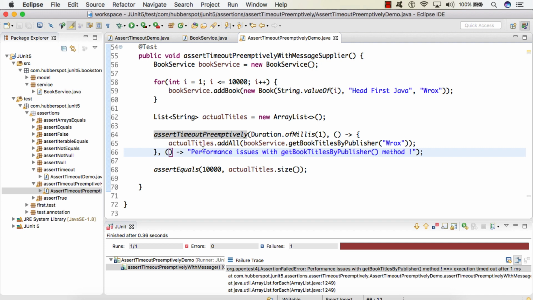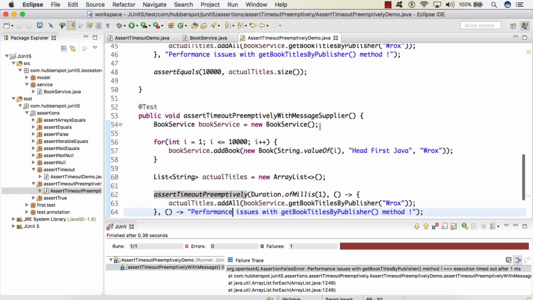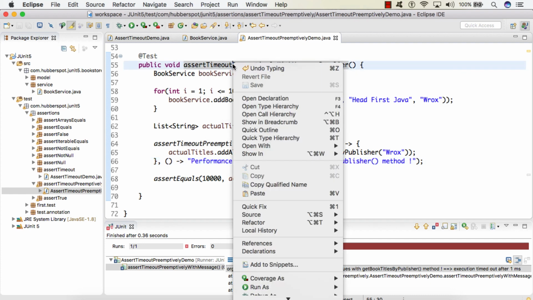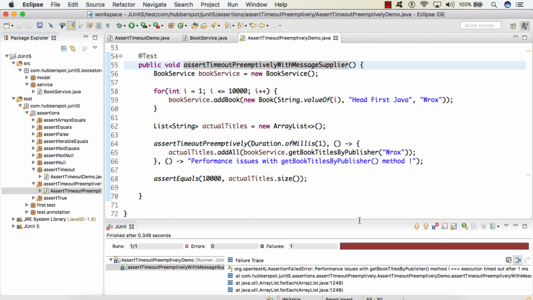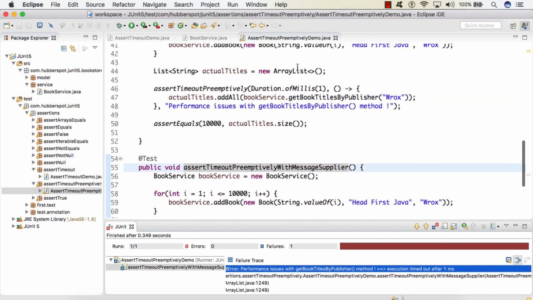The syntax is, we give a lambda expression like this, and as soon as our assertion fails, this functional interface gets evaluated to the string which we have provided here. The only advantage of using the Supplier functional interface over the string message directly is that the Supplier only gets evaluated to a string whenever the test case fails. So if I run the test case now, you see the test case failed with an assertion failed error, and the error is exactly the same as we saw in our second overloaded method.